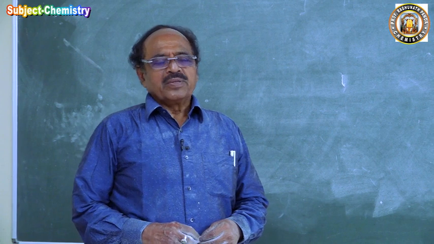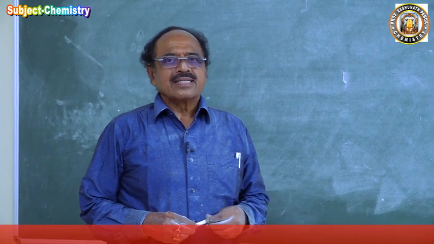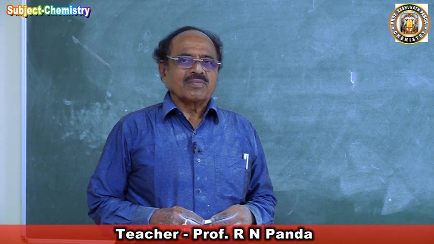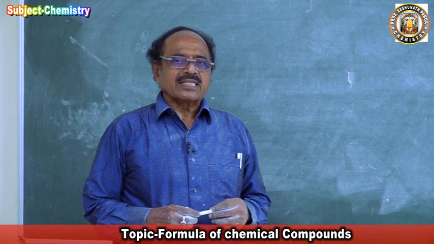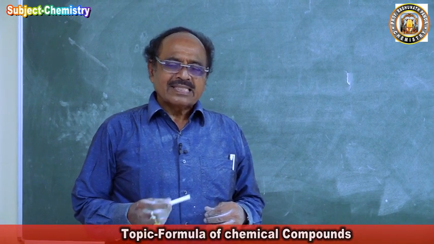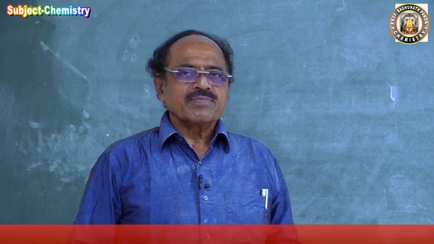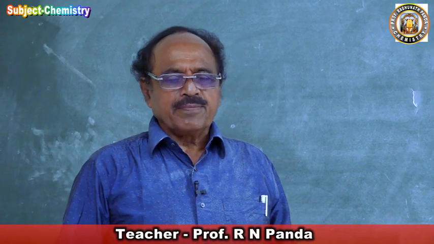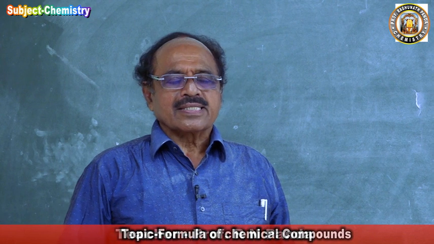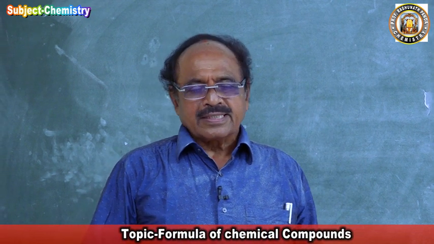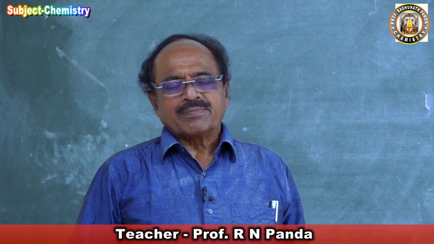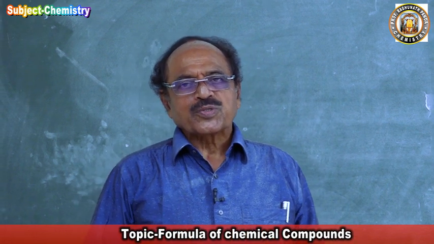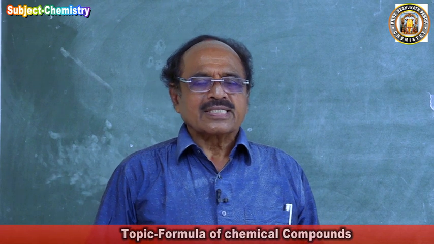Dear students, we have discussed how to write the formula of acids from the acid radicals. So we took that an acid is a compound which contains replaceable hydrogen atoms. What is a replaceable hydrogen atom? Those hydrogen atoms which can be substituted or replaced by a metal atom are called replaceable hydrogen atoms. Then the definition of acid was recast depending on the property of the acid. Those compounds which donate protons in their aqueous solution are called acids.